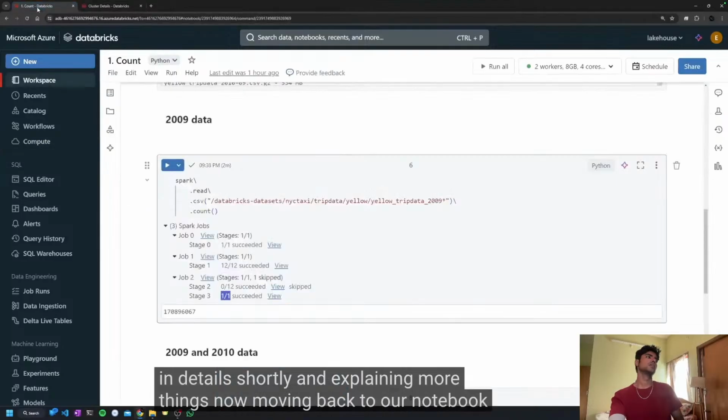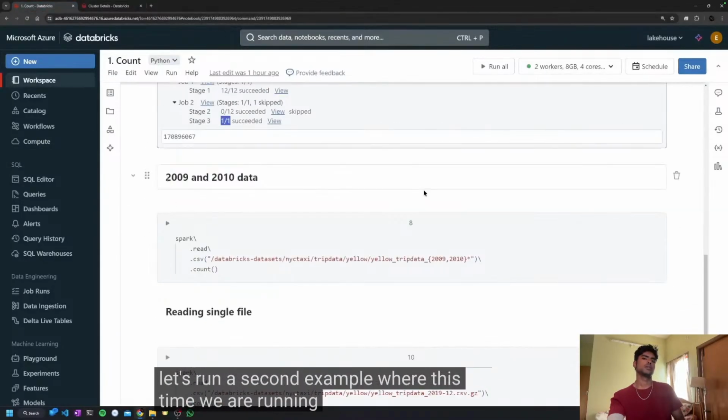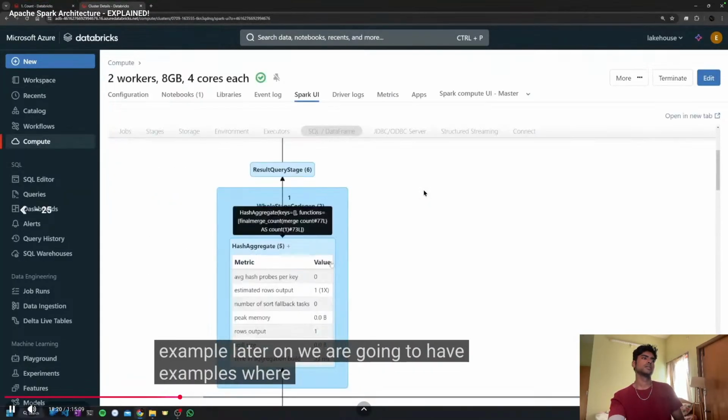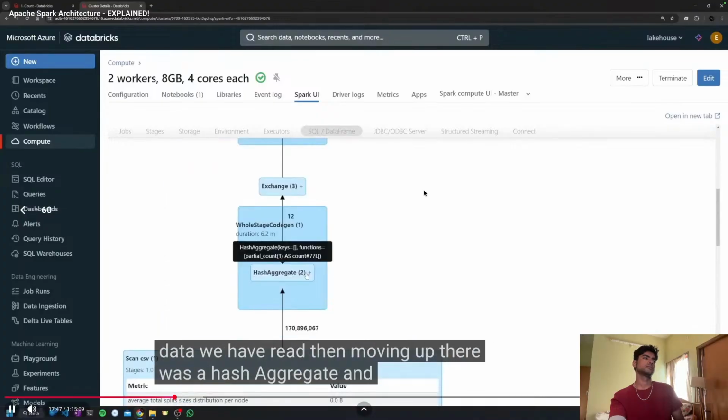Now, moving back to our notebook, let's run a second example where this time we are running data for 2009 and full